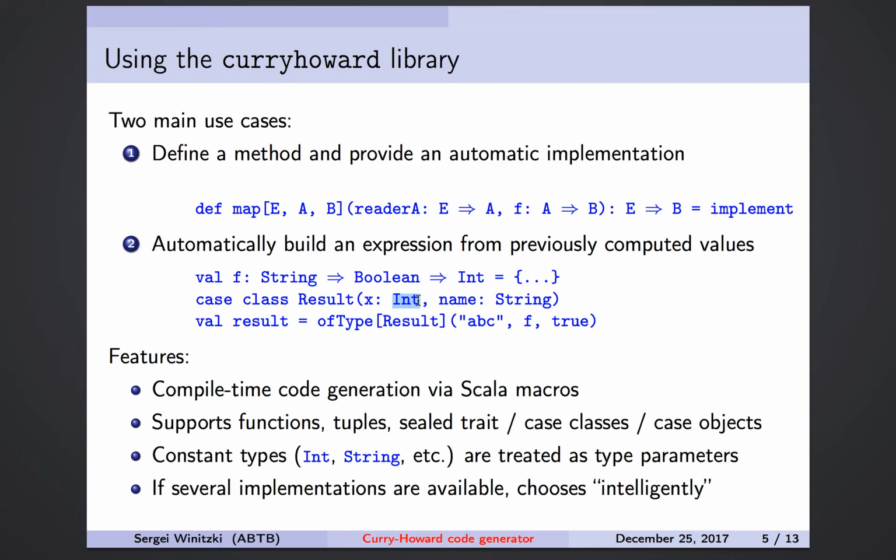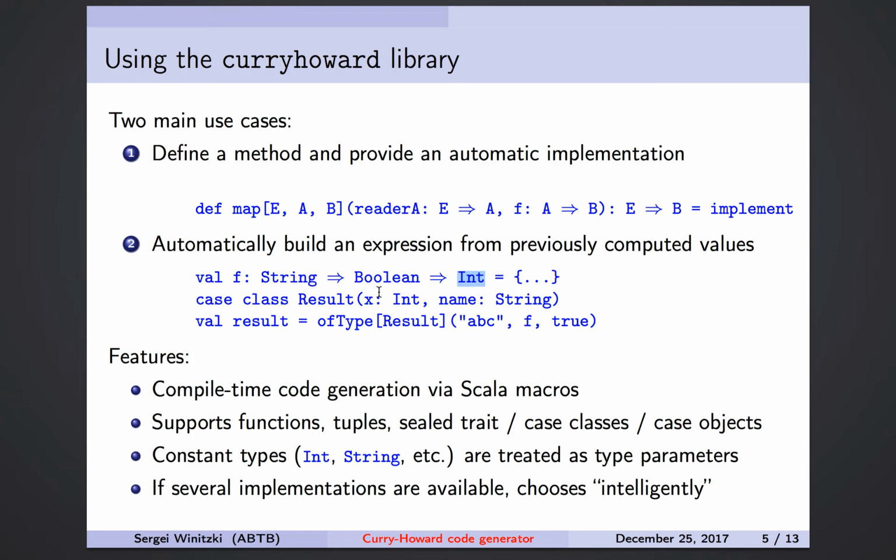And then we have everything we need. So again, there's only one way of doing this without getting into the details of these types. So if all these types were type parameters, like a, b, and c, then that code would be the only solution. So the curryhoward library